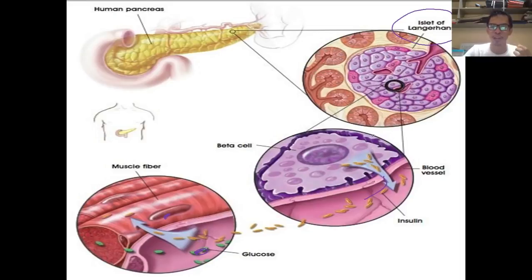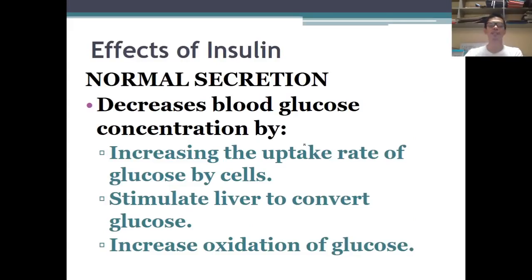a disease called diabetes. So excessive sugar in the body will tend to trigger diabetes. So without insulin, the sugar will not enter the muscles and will not be used by the muscles. So that's the function of your insulin. Now, somewhere here in the islets of Langerhans also secretes the glucagon. It's not the beta cells, but the alpha cells of the islets of Langerhans. So we'll focus on the insulin.